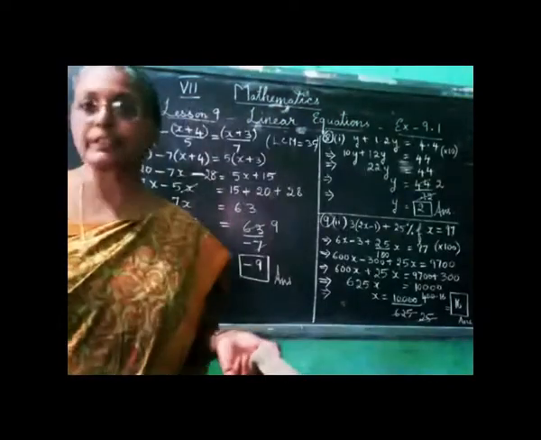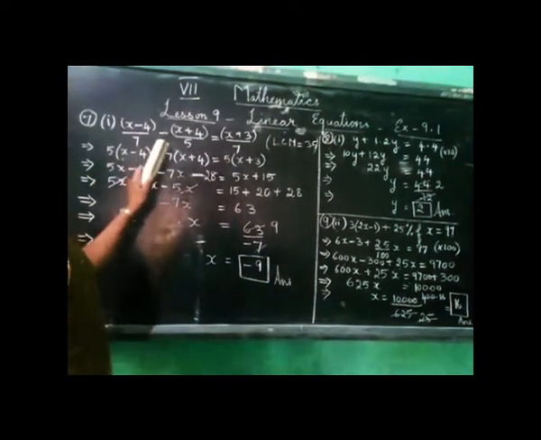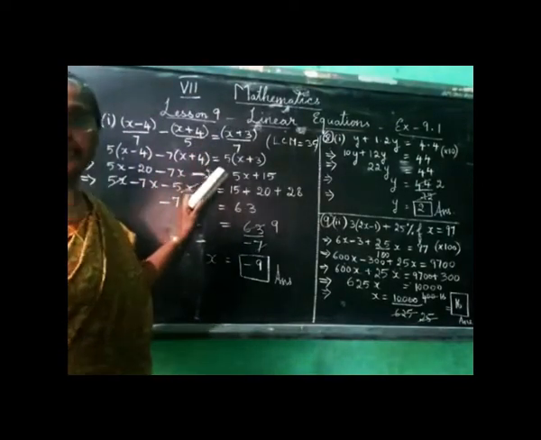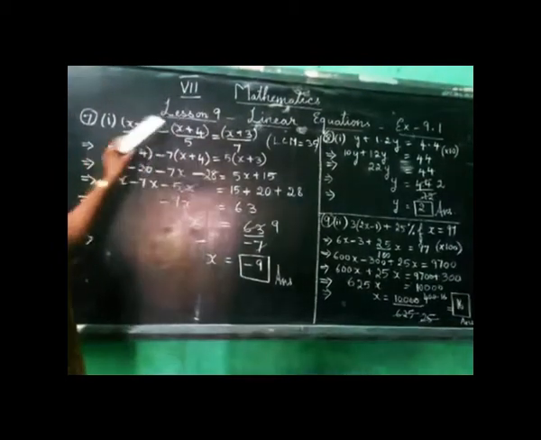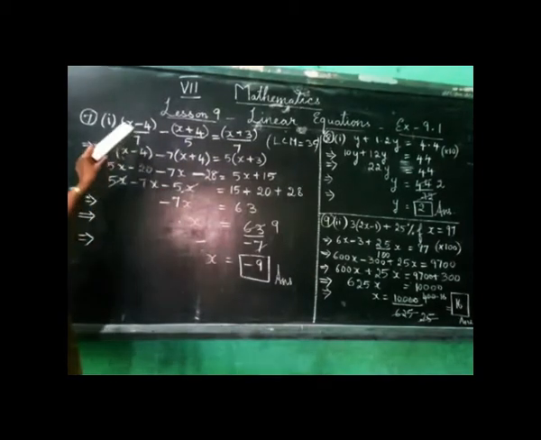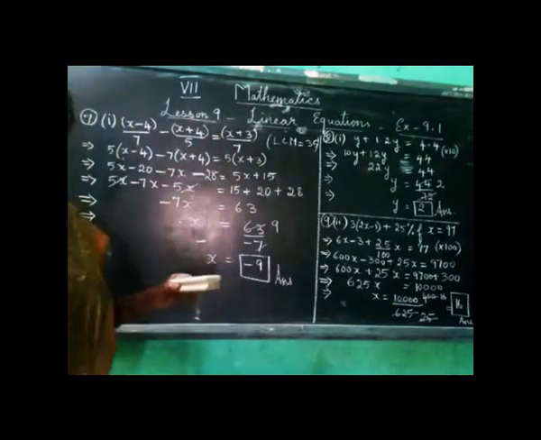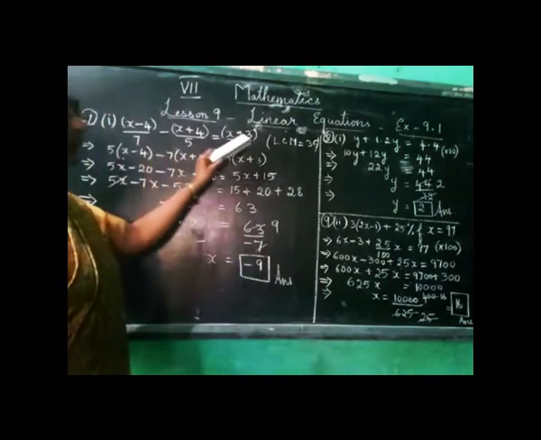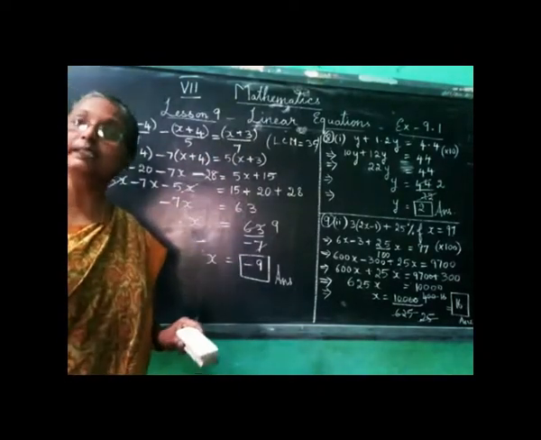Sum for you, first subdivision of 7 sum you can see. It is given x minus 4 by 7 minus x plus 4 by 5 is equal to x plus 3 by 7. Now here, since all the terms in the numerator are binomials, I have put brackets for those terms. It is not given with brackets, but it is better we put brackets for each binomial given in the numerator, so that we will be very careful when we do with the sign.